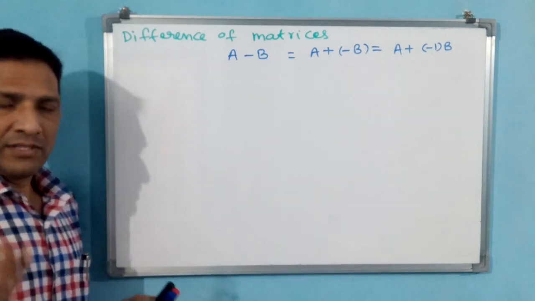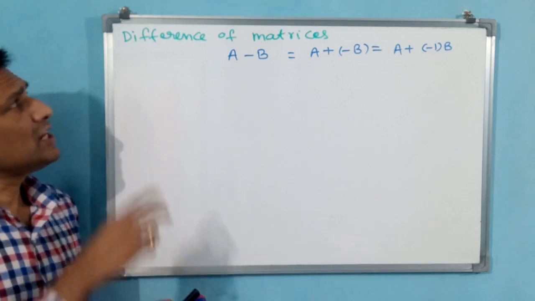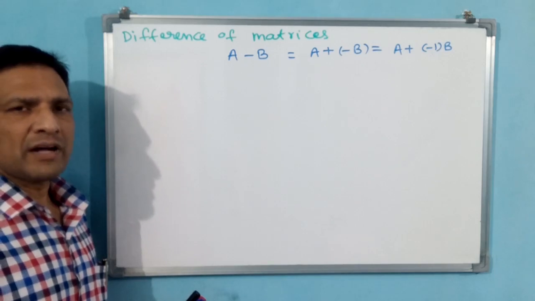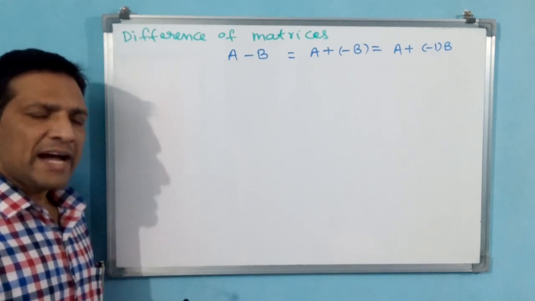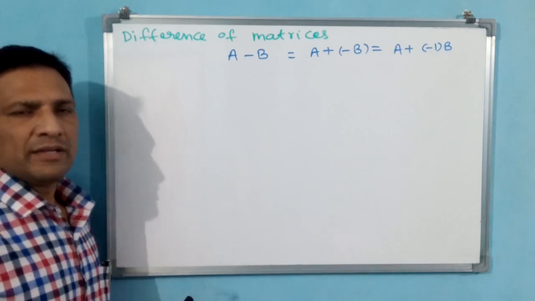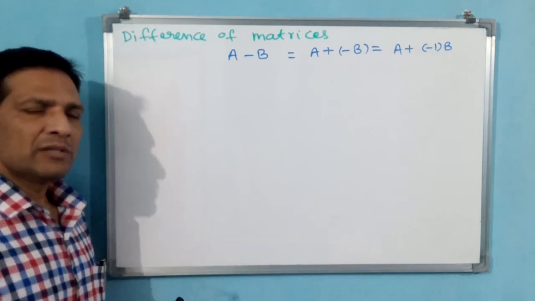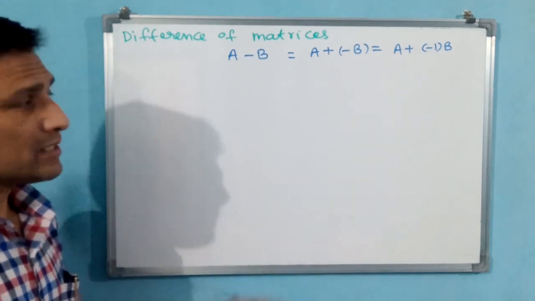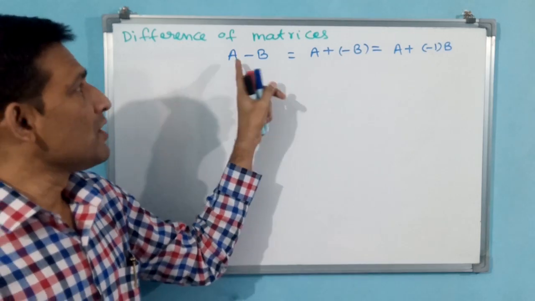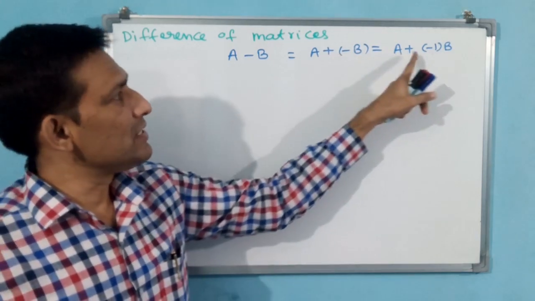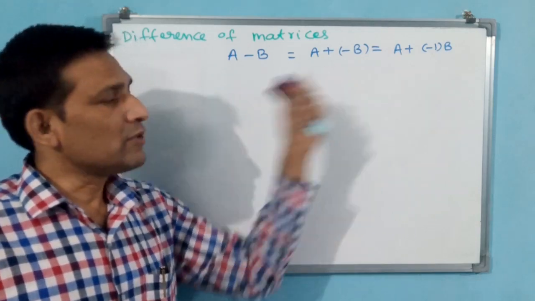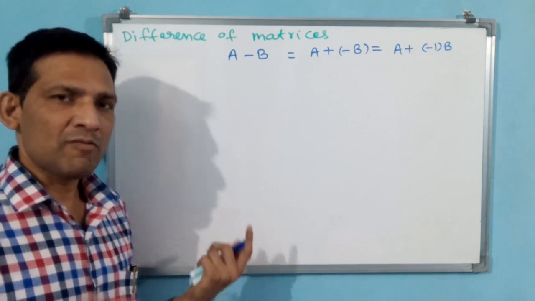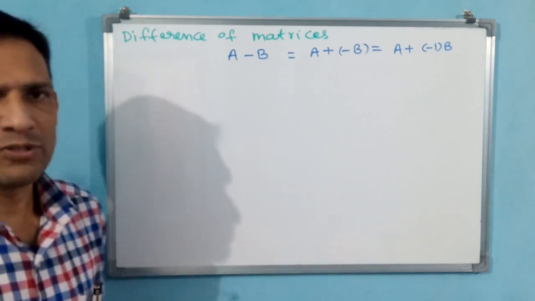Now you understand? See, conditions. What are the conditions for the difference? The same order should be there. Earlier, how we have seen for addition: if you want to add A and B, A also should be of the same order, B also should be of the same order. Then only it is possible. Here also, for difference, same. Why has this come? Because for namesake you are subtracting, but you are adding only. That is why addition we have taken into picture. Because addition has come, conditions will come from addition only. What are the conditions? Both should be of the same order. Then only it is possible.